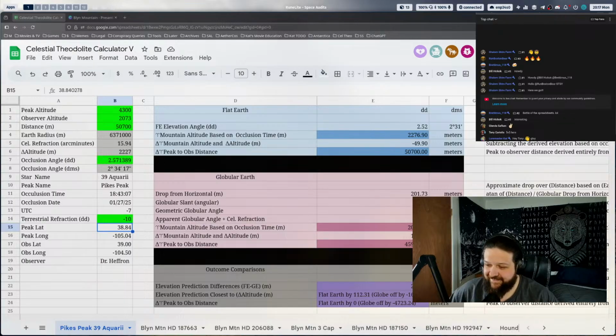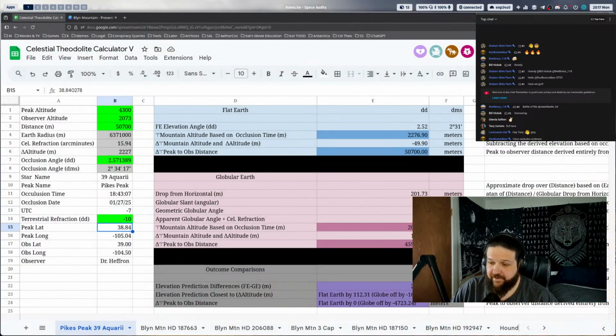No, that's not how it works. I'm not using the flat Earth angle. I'm accounting for drop. We already accounted for it. So Ruhif, here's the thing: you're trying to change the timing. The occlusion happened at one time. I'm not. This literally has nothing to do with timing.